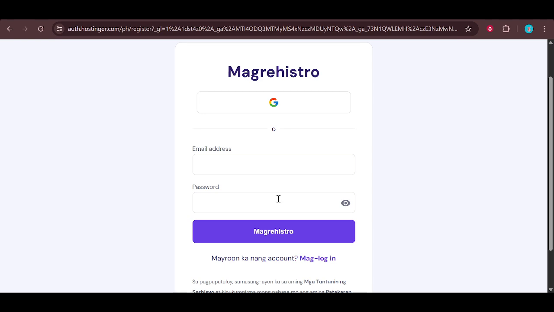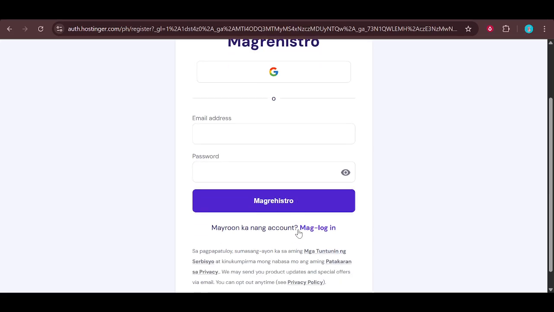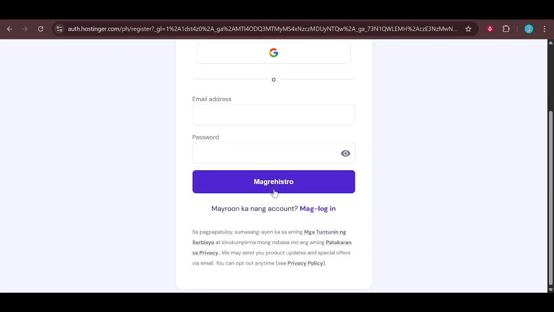Once you've filled in all required fields, take a quick moment to review what you've entered. Make sure your email is typed correctly and your password is something you'll remember or have stored safely. Before you continue, you may see a checkbox asking you to agree to Hostinger's terms of service or privacy policy. It's a good idea to at least skim these so you understand how your data is handled and what to expect from the service. When you're ready, check the box and then click the button to create or complete your